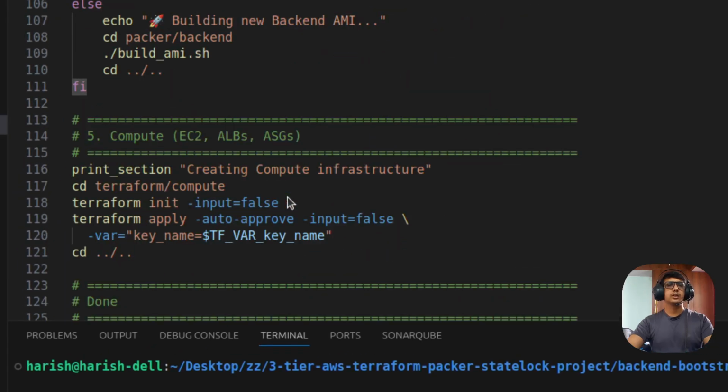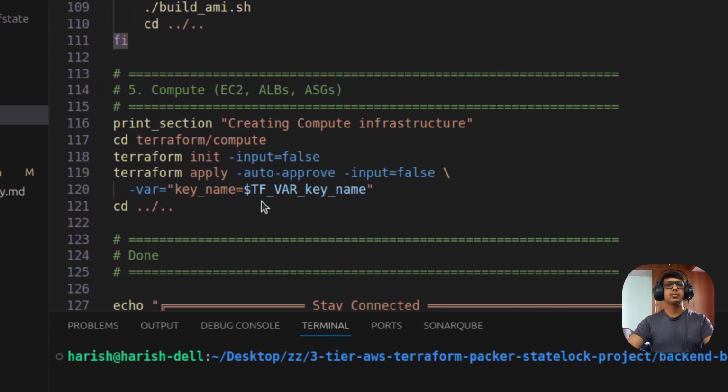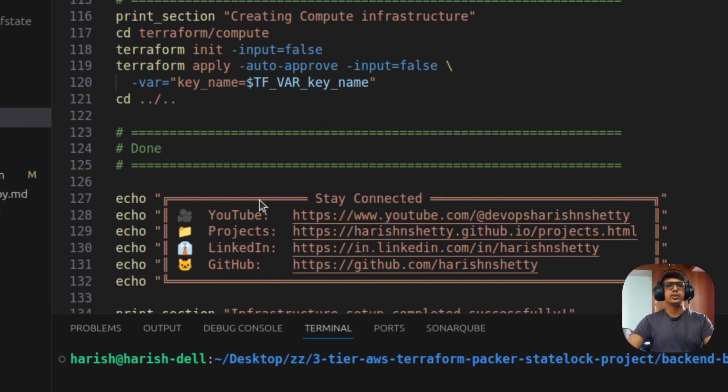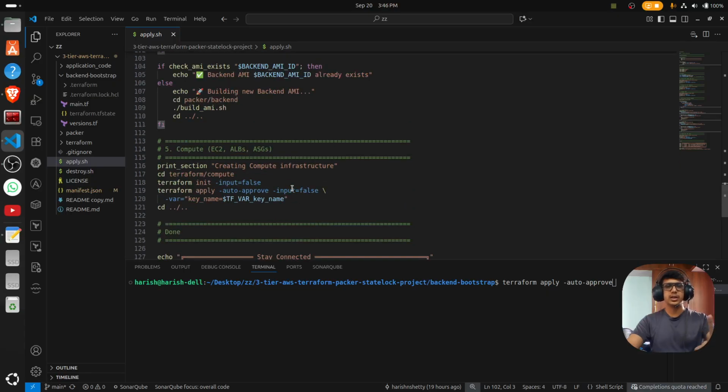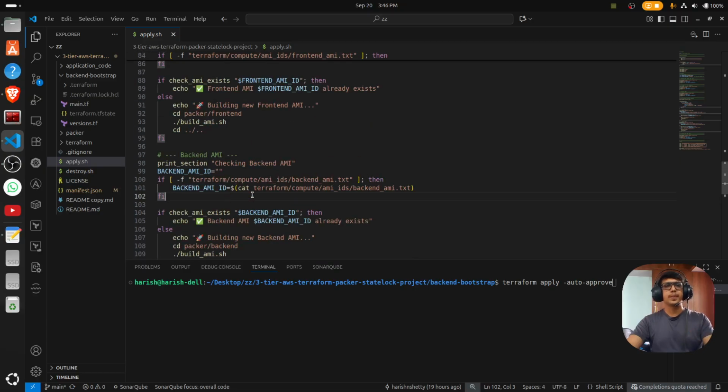Done, everything is done. Now in the ELB and compute sections, the key name is going to be used that I mentioned, and everything is done. This is simple, just terraform init and terraform apply, that's it. We have to cross-check whether the command is going to execute properly or not. Okay, let's move on to the Packer section here. The Packer section we've seen, right? Okay, let's move on to the